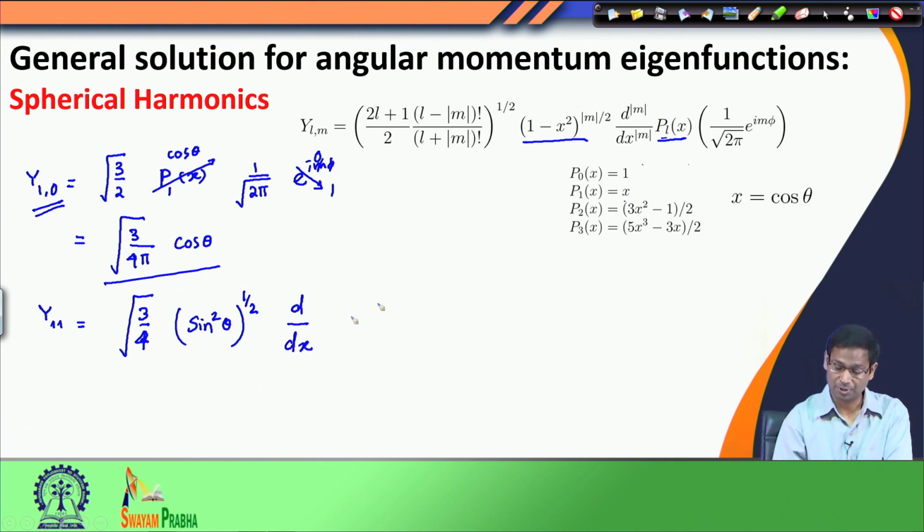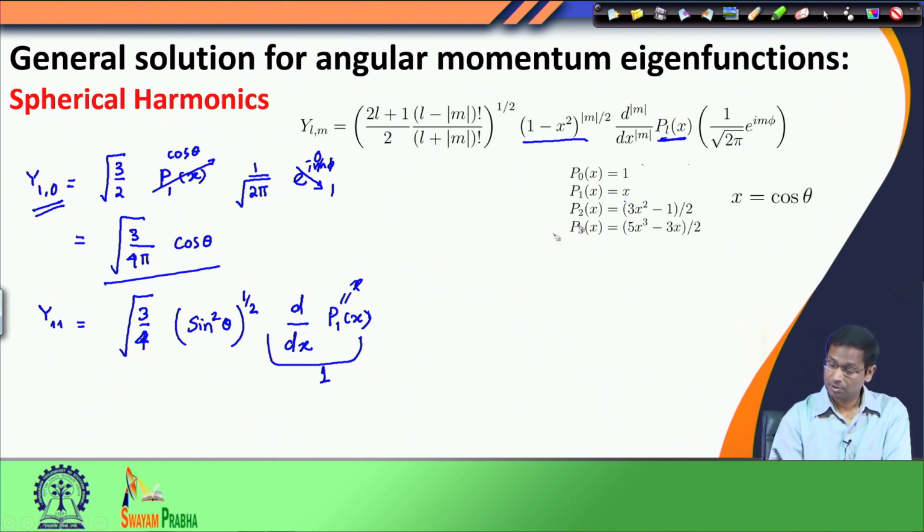1. So, mod m is 1. So, I have to differentiate it once, and what is PLX? PL is P1 of x, and what is P1 of x? P1 of x is x. So, when I differentiate, this term is x. So, I have dx by dx. So, this term becomes simply 1,